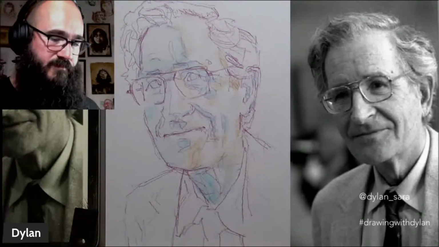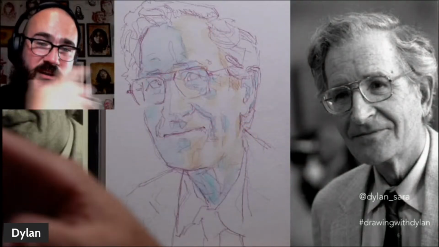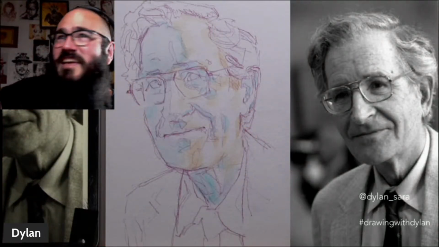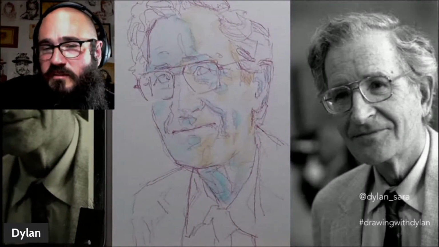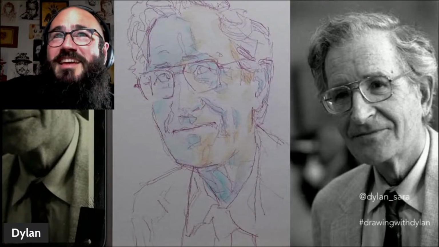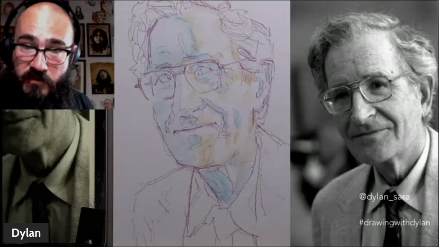All right. So I just started adding some orange to the light side of the face, and I'm working in watercolor, and I've got this turquoise and orange dashing young Noam Chomsky that I'm working on, and I would love you to come over and